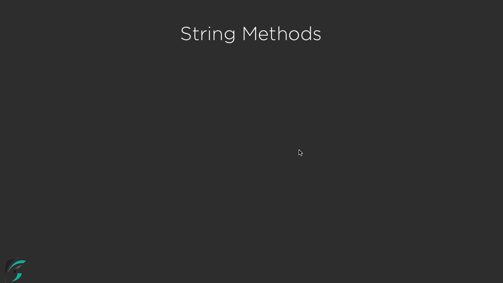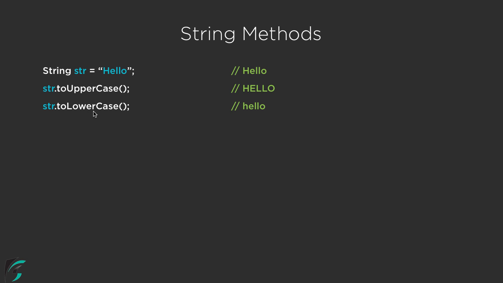And now let us proceed and check out the various string methods that we can use in the String class. So here we have String str equal to "hello". If we print this str value, then in the output we will get hello, right? So let us now check out methods such as str.toUpperCase(): in the output we will get all the characters in uppercase. And similarly, we have str.toLowerCase(), which will simply print the value in lowercase, hello.